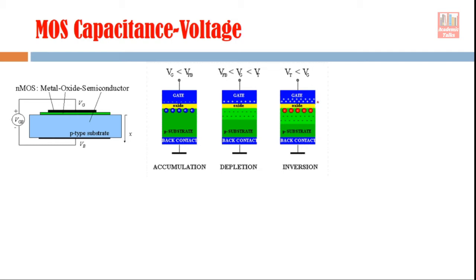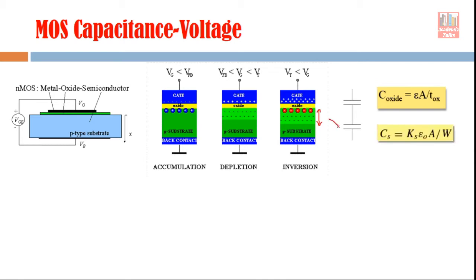Now after having this much understanding that for a proper biasing condition we have a depletion region in the semiconductor, we can move to the next concept about the capacitive effects which are present in the device. There are two types of capacitance present here, and both come in series. One capacitance is the oxide capacitance. This oxide layer introduces some capacitance, and the value of this capacitance is given by this equation. The depletion region also contributes some capacitance, and this capacitance is named CS. S means semiconductor capacitance.